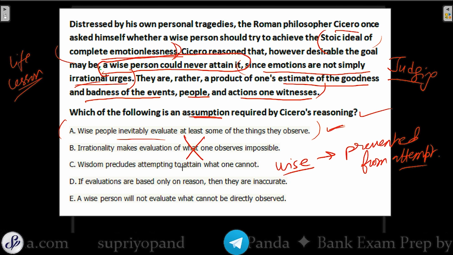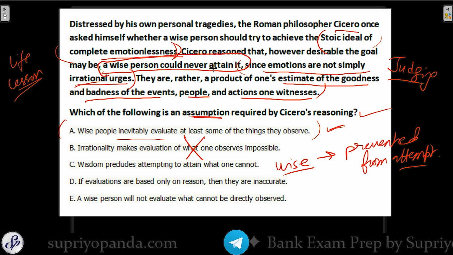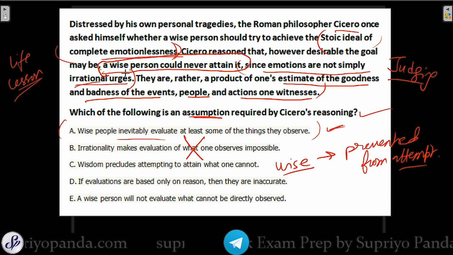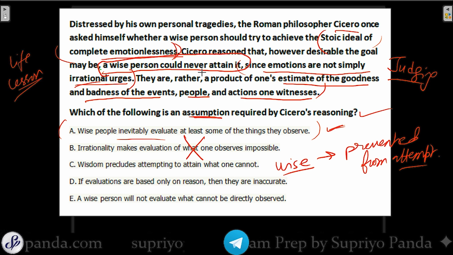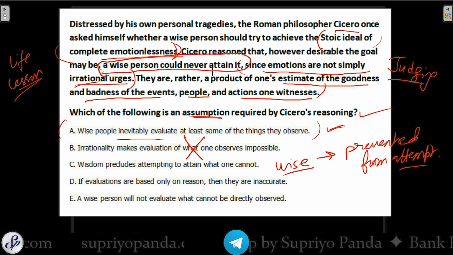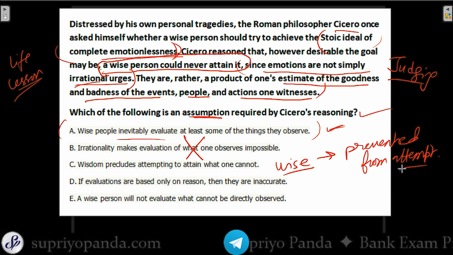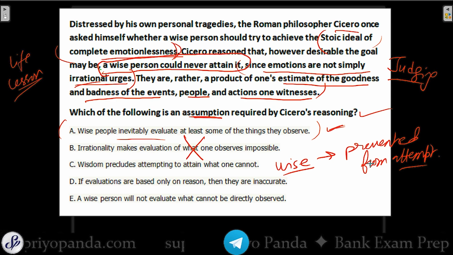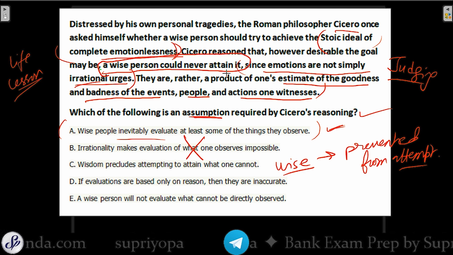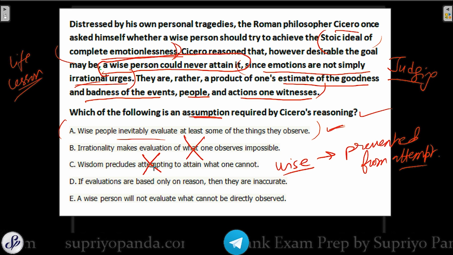So this is a very thin line over here. Understand, we are actually saying that the wise person can never attain it. So it is impossible. Is it ever a question whether the wise person is trying to attempt it, or whether he is prevented from attempting? No. So this is the slight difference over here, that this is the prevention from attempting to attain. Attempting to attain is not our argument. Our argument is actually whether the person will attain it or not. So that is why we are again eliminating this one.